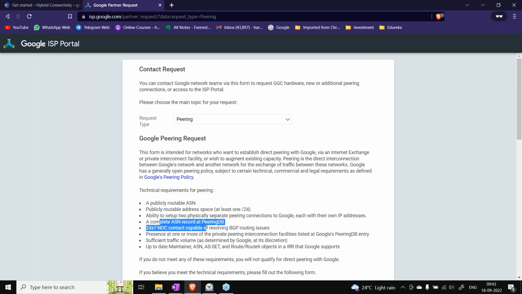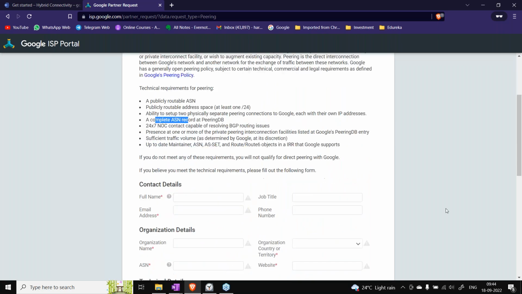Just like we understood in the case of VPN, where we need a router and an ASN number, you will have the ASN number for the infrastructure which you want to connect to your Google network. You have to register that ASN number with